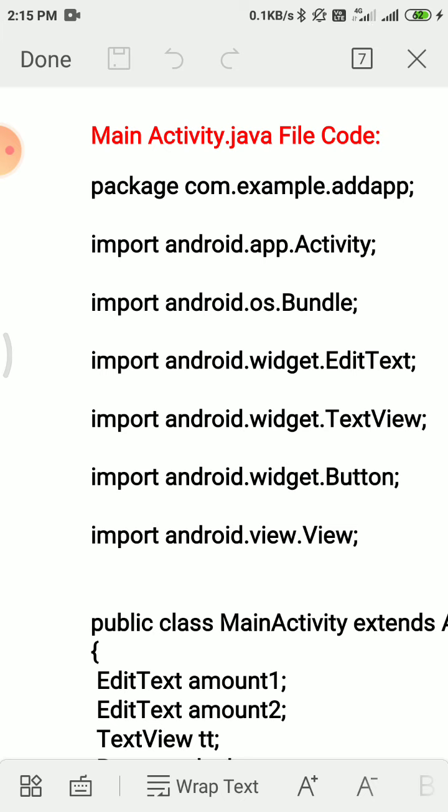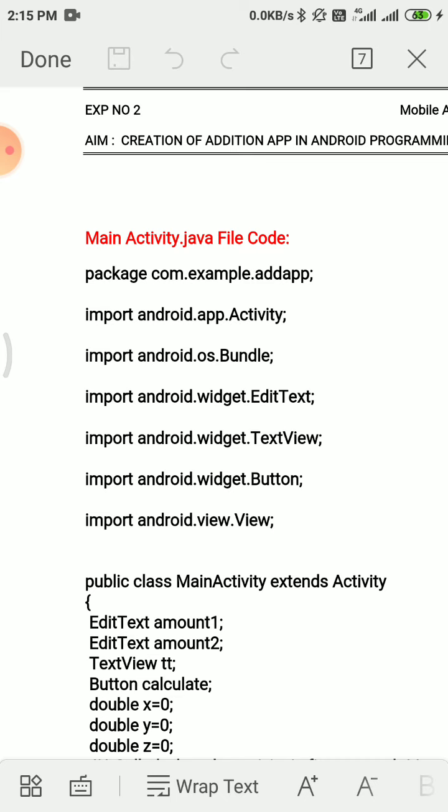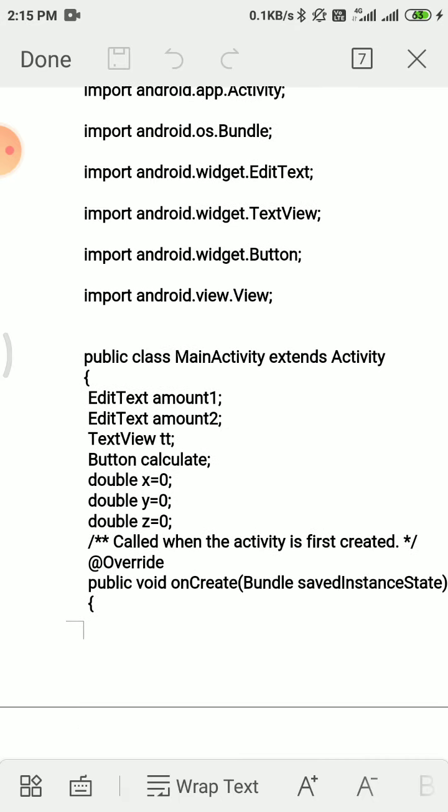The next section is import android.app.Activity. These five to six Android import statements are created automatically once you click on the EditText view button and the view button. Whatever code you have created there, this package is generated automatically.